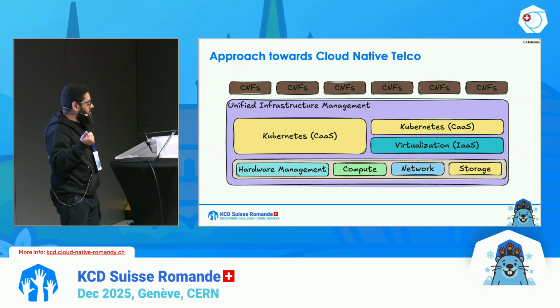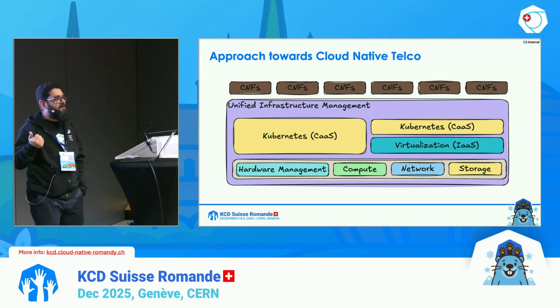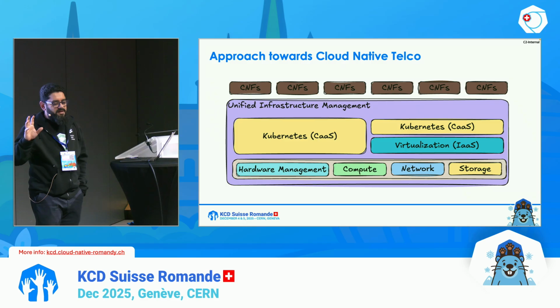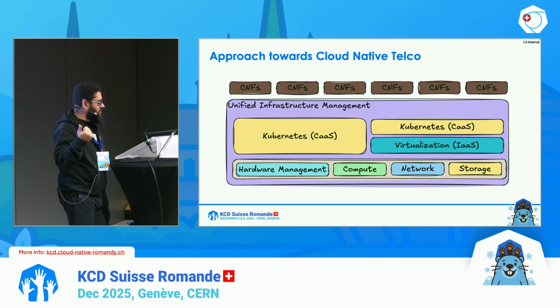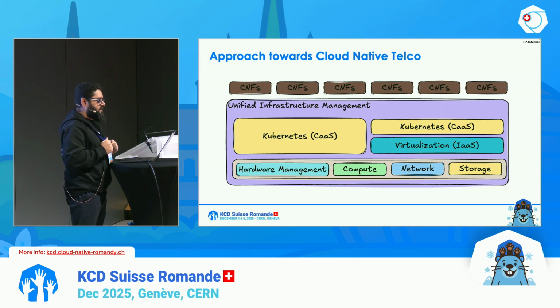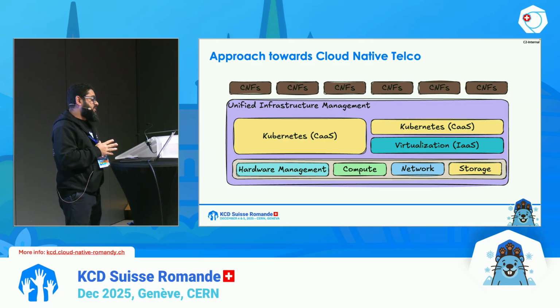And then you might still ask why I still have a virtualization layer there. It's because not every application has adopted the cloud native world yet. There are still some applications which tend to run on VMs, and hence we also have this approach where virtualization continues to run VNFs while we try to transition or migrate from that to the CNF world. The focus next would be on the bottom layer here, the specialized infrastructure.